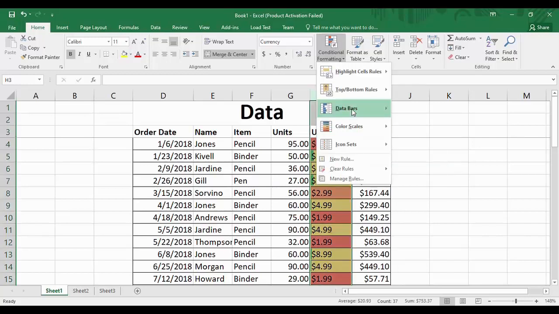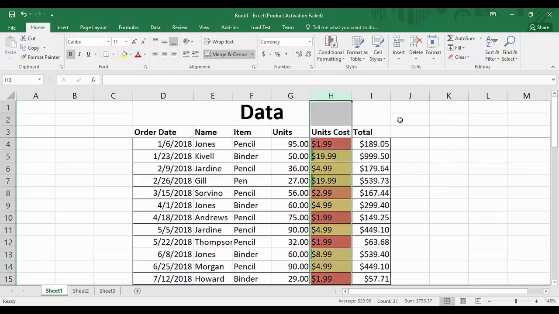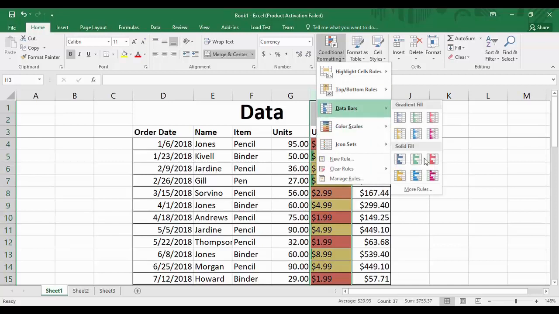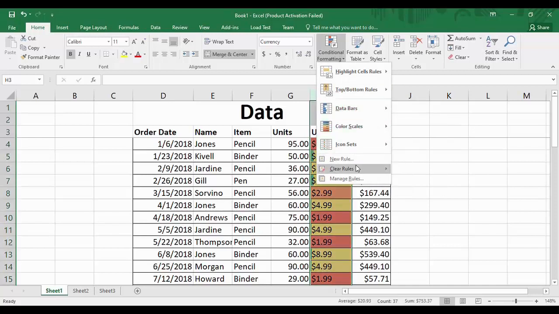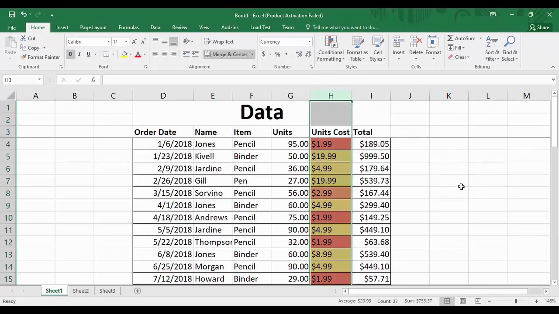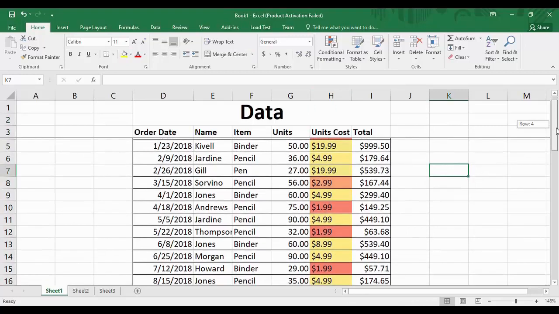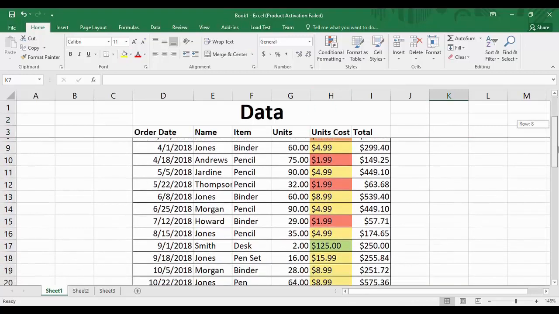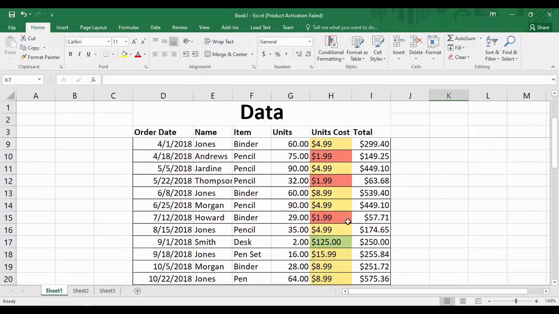And at the same time, we are going to just clear up this data bars formatting that was earlier applied. So you can just clear all the rules, then go to conditional formatting and apply this color scales option. So you can see that the value that is the minimum, that is $1.99, is being colored with red color, and